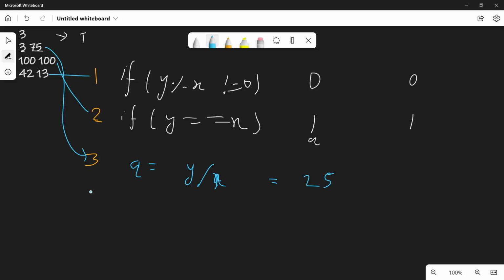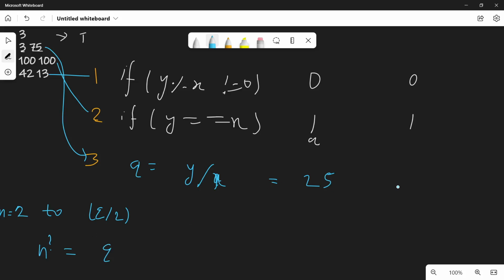Again we need to check from 2 to q by 2 whether there is any number, let's denote it n, such that n to the power of something equals q.